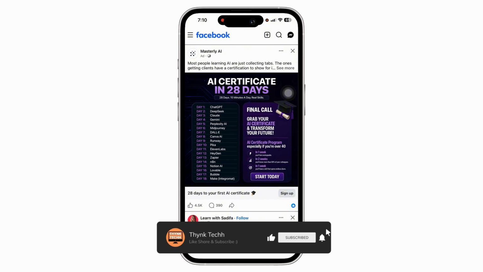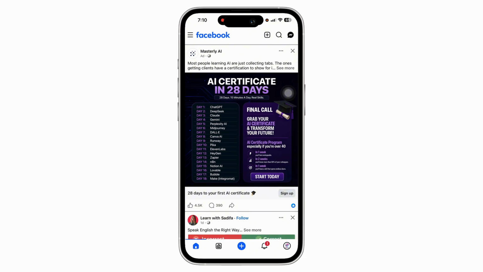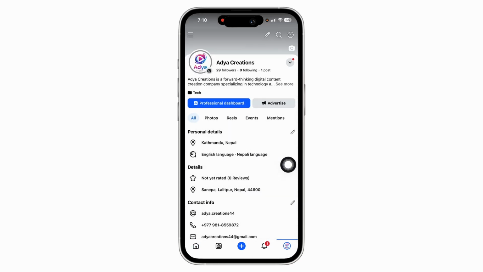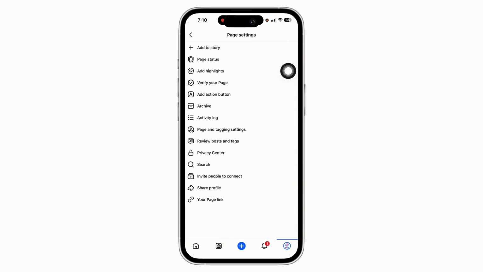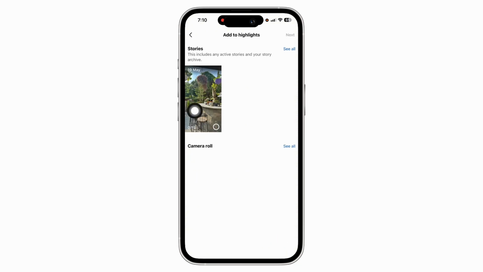Now, once you are in your Facebook page, tap on your Facebook page icon on the bottom right of your screen and you will be led to your Facebook page. Here, tap on the three dots on the top right of your screen and you will see the option for add highlights. So go ahead and tap on the add highlights option you see there,